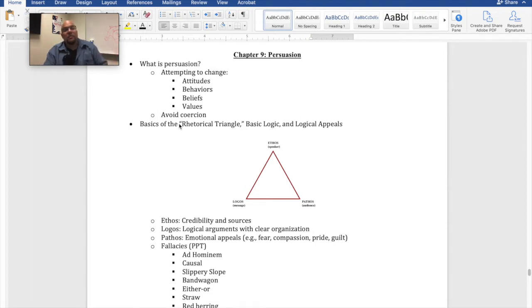So the first thing to remember is to follow the outline. We will talk about Monroe's motivated sequence in a few minutes, and that is what you will use for your persuasive speech. But just like you use the outline for your informative, you will again use it for the persuasive. So just make very sure that you are sticking to it. You're not adding or taking things out. You're not mixing the order up. Again, the outline is there to help you stay on track. And if you do that, your logic, at least in that organizational sense, will be fine.